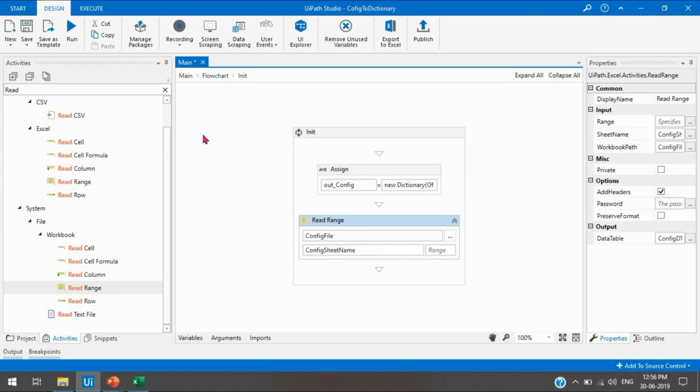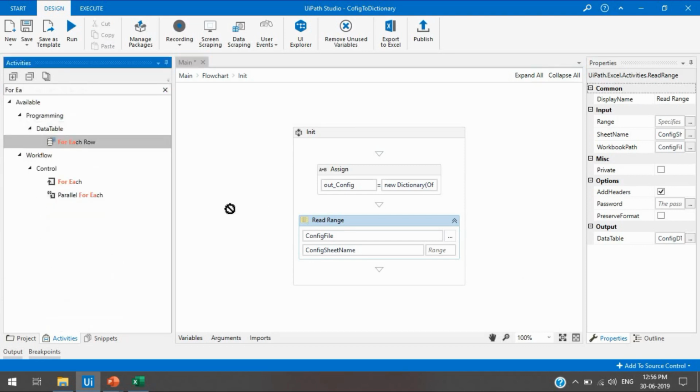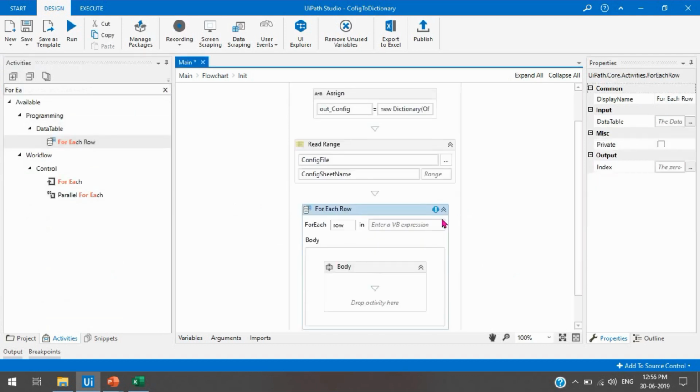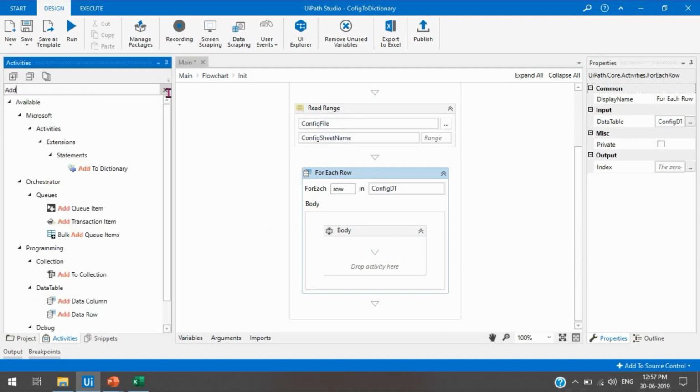So first we'll take one For Each Row here, and then we need to write config_dt here. It will iterate row by row in config_dt, and then here we need to directly take one Add To Dictionary.